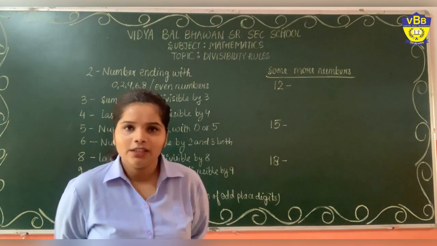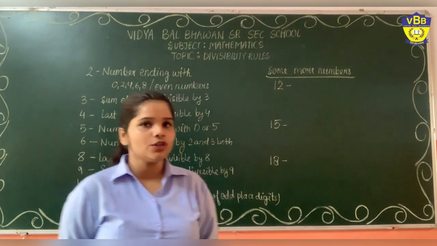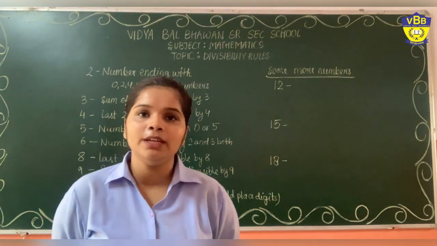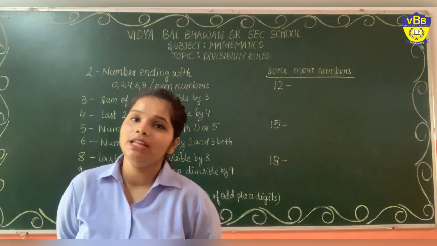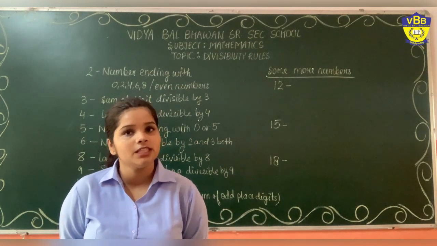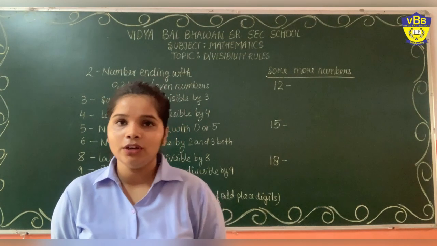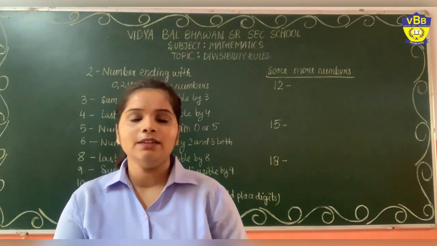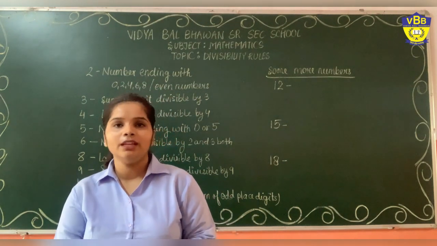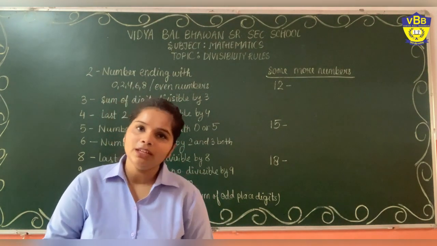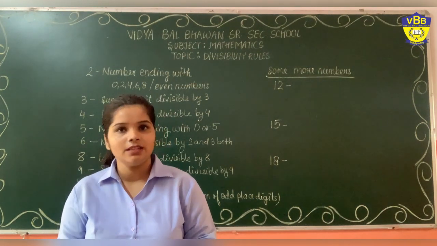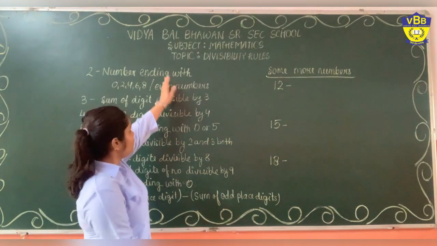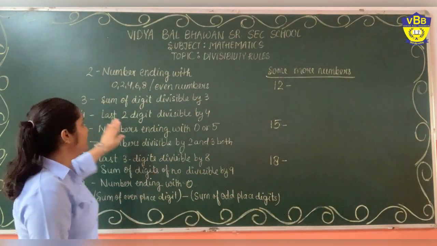Today I welcome you to this class with the topic divisibility rules. What is the requirement for divisibility rules, when we can actually divide the numbers and find out if a number is divisible by that particular number or not? These are basically some short methods by which you can know that a particular number is divisible by the divisor without dividing it. I have written some rules of divisibility here.